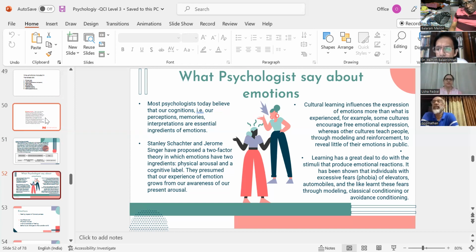For example, some cultures encourage free emotional expression, whereas other cultures teach people through modeling and reinforcement to reveal little of their emotions in public. I'm sure you all know about defense mechanisms, rationalization, projection. There are five major defense mechanisms. People generally use those defense mechanisms. Even if they have fear, it will show as something else. Learning has a great deal to do with the